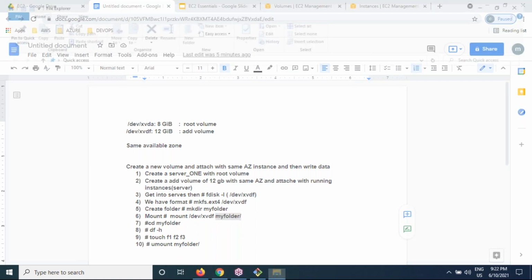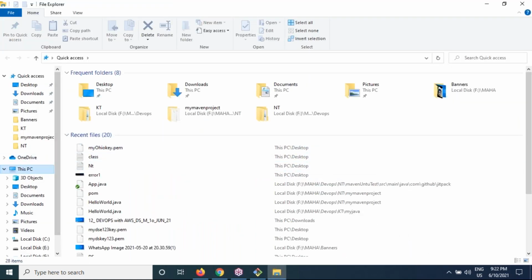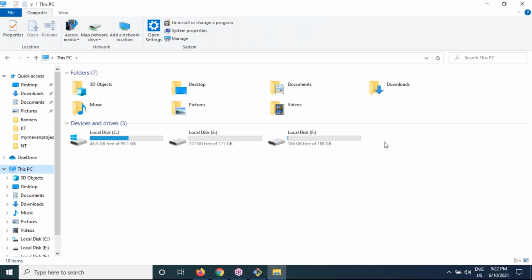In Windows also, same thing. Whenever we plug in the pen drive, your pen drive will be attached with a new drive. Directly we can't write data on your pen drive. With a mount point itself. This is a mount point, these are all the mount points. Without a mount point, we can't interact with the hard drive. Directly, we can't use any hard device.